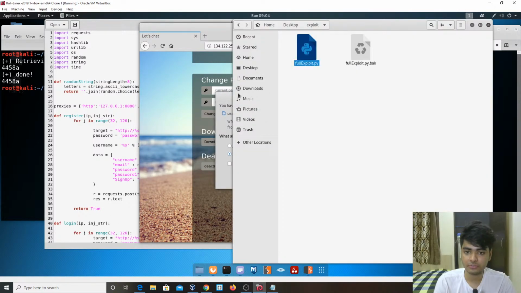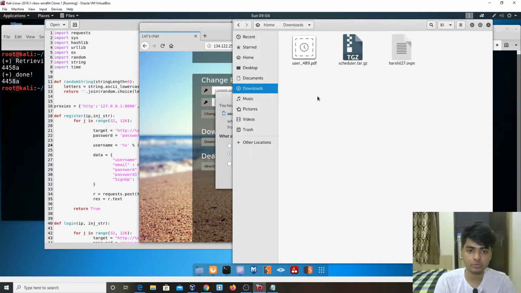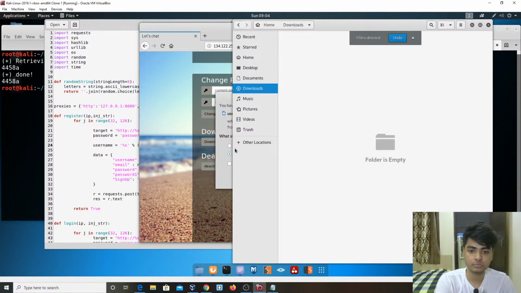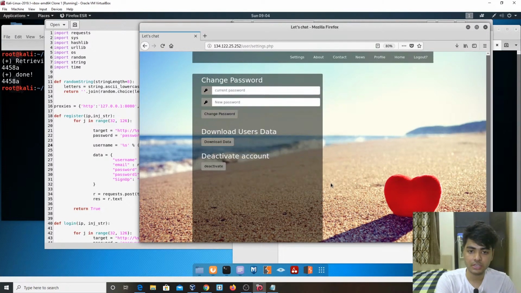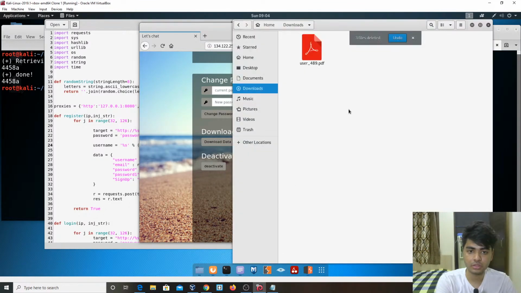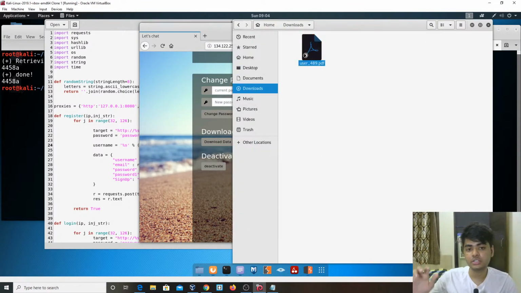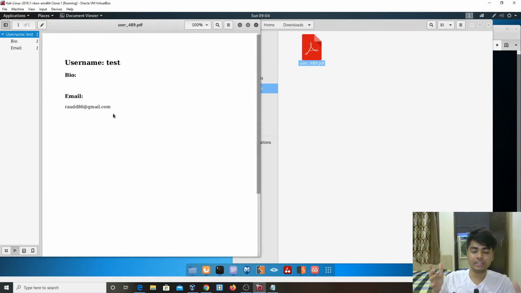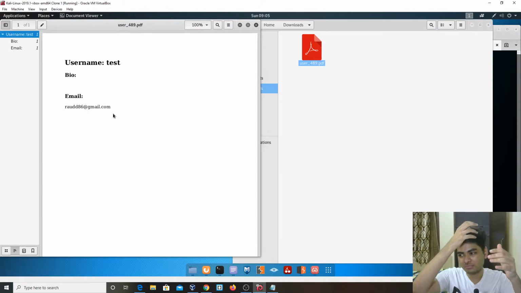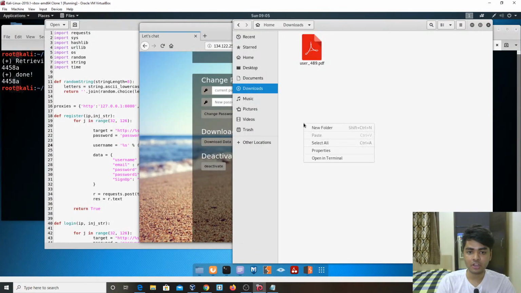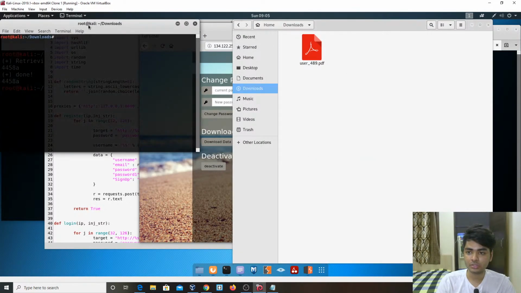Okay, just a second. Before downloading, I remove all the downloads and save it here. Now what's the case is that our tag has been executed and the etc password data is in this PDF, but it's not getting reflected here because it's in the backend, you can say. So for that, Namsec has already created a tool